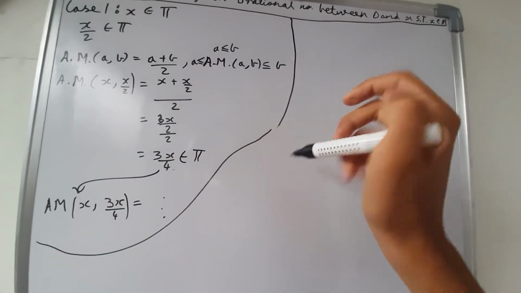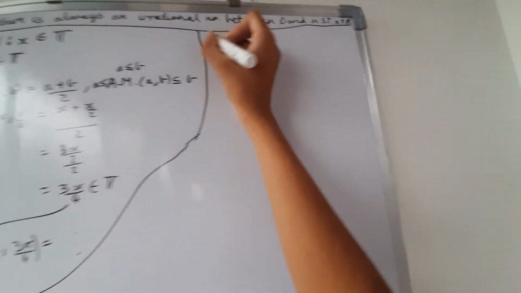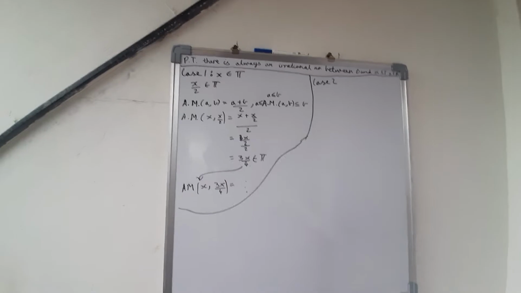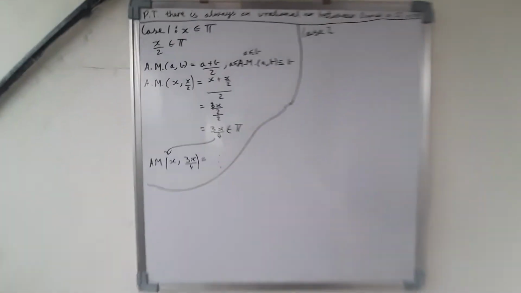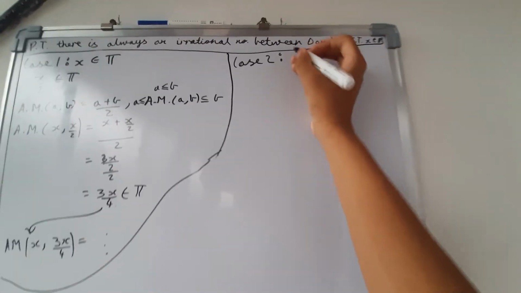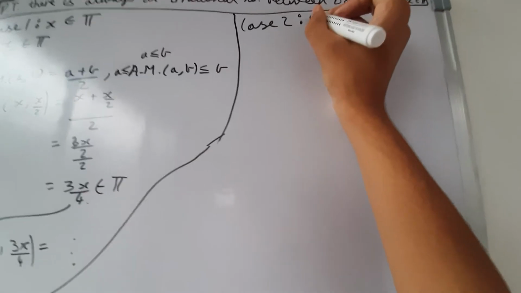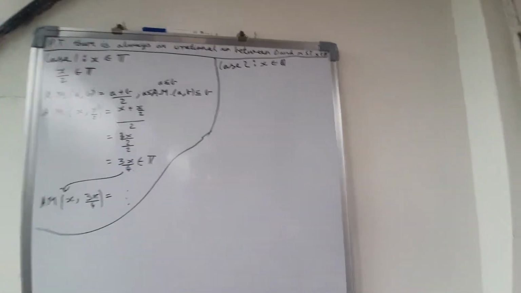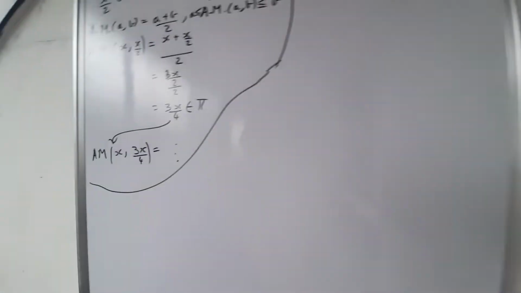Anyways, from here, now we do our case 2. We've showed that there always is an irrational number between 0 and some irrational number. Now let's show that for a rational number, and then we can call it a day, because then we know that it's true for all real numbers. Okay, so x is an element of the rationals, right? From here, you may wonder, how do we get an irrational number from here? Well, first of all,